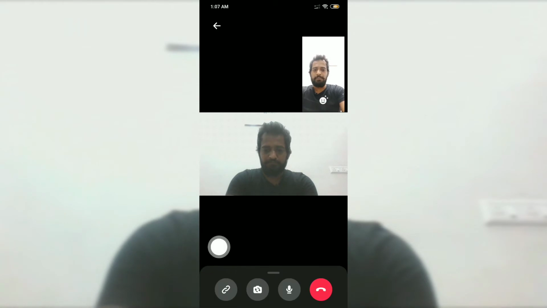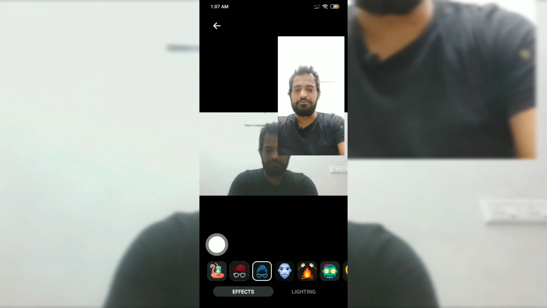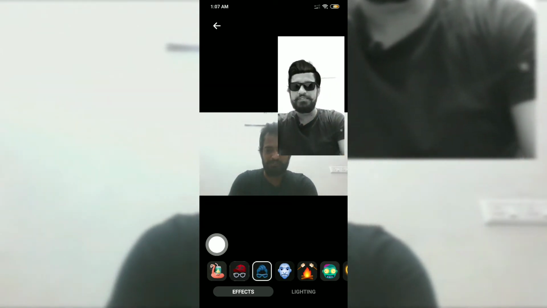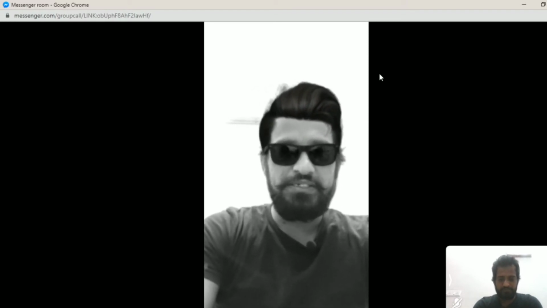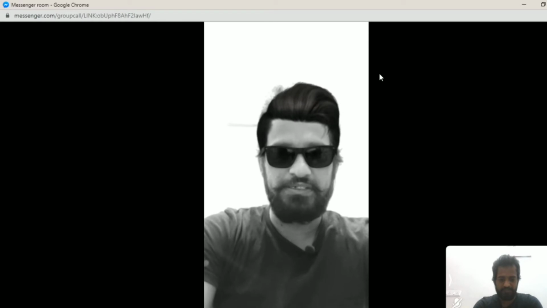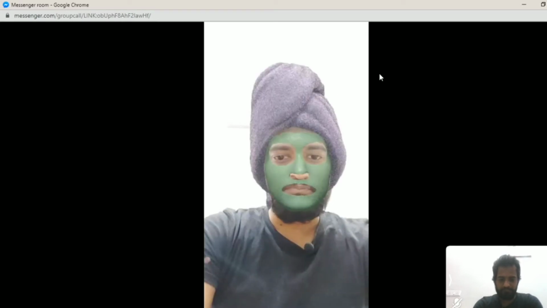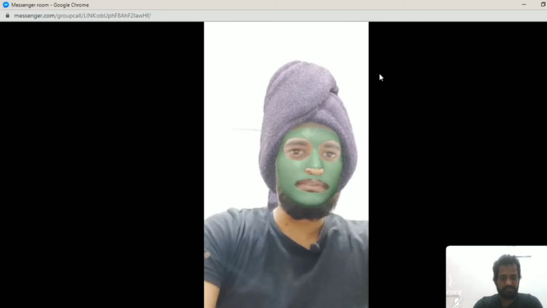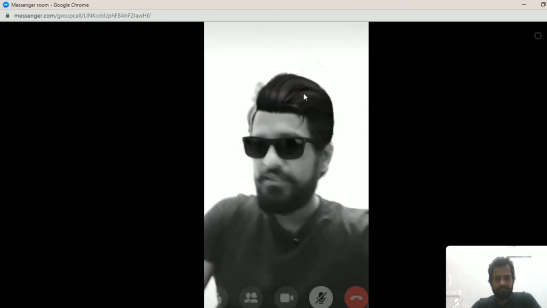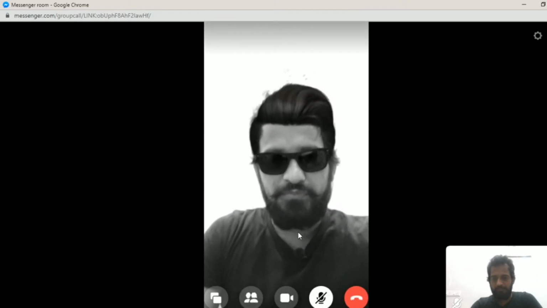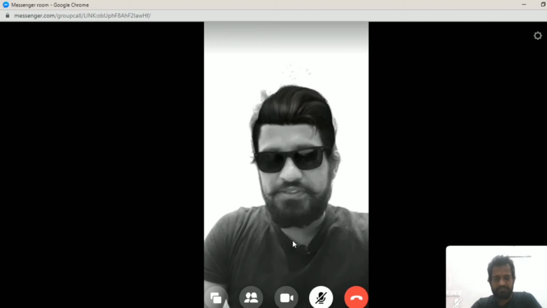Let me quickly tell you some cool features of this application. In the application you get this option. You can use different cool filters. There is one you can see. You can choose filters over here. There are a lot of filters available that you can choose. That looks like a Deepak Kalal. Damn it. So that looks fine. I'll go with it. What other features are available?